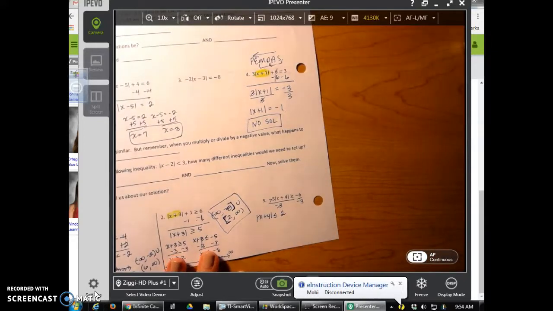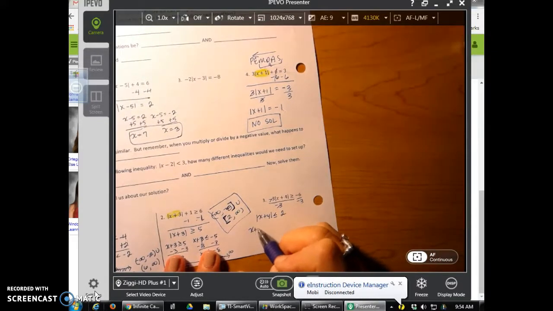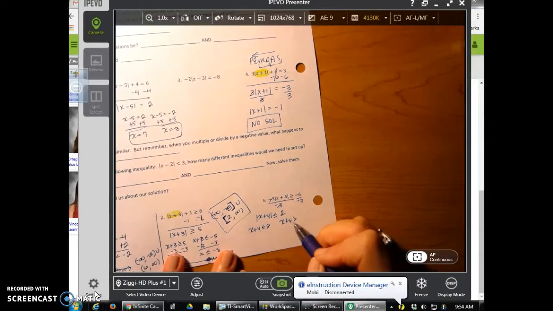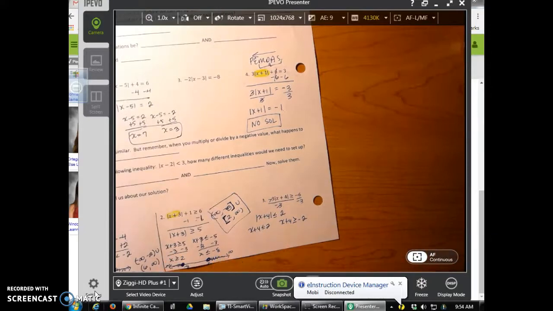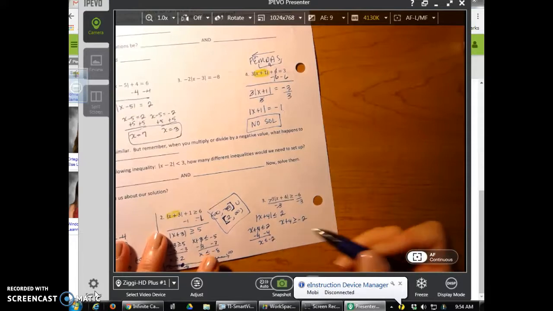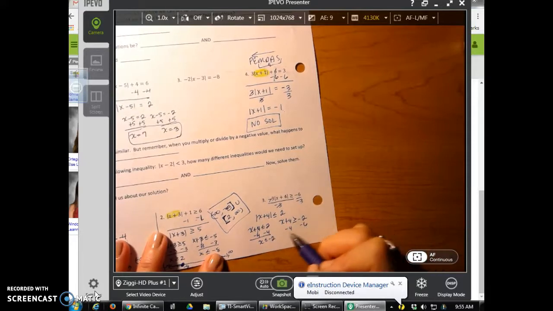Here I set up my equation, x plus 4 less than or equal to 2, x plus 4 greater than or equal to negative 2. So I had to reverse my sign, my symbol a couple of times, so be very careful with that. So subtract 4, and then that goes away, of course. I have x less than or equal to negative 2, subtract 4, x is greater than or equal to a negative 6. When I put my number line in place,